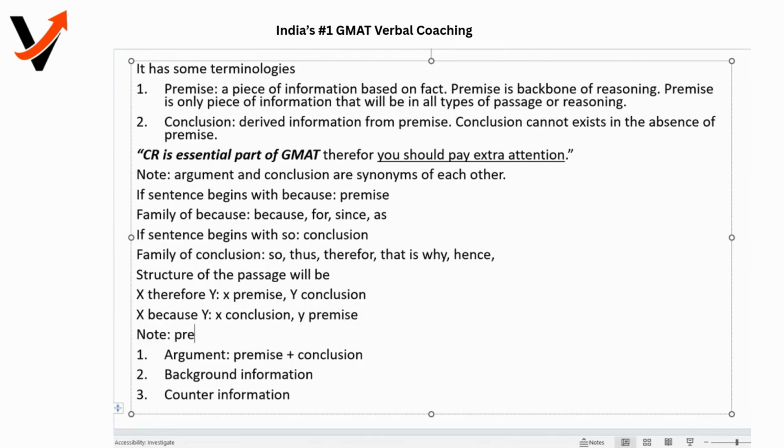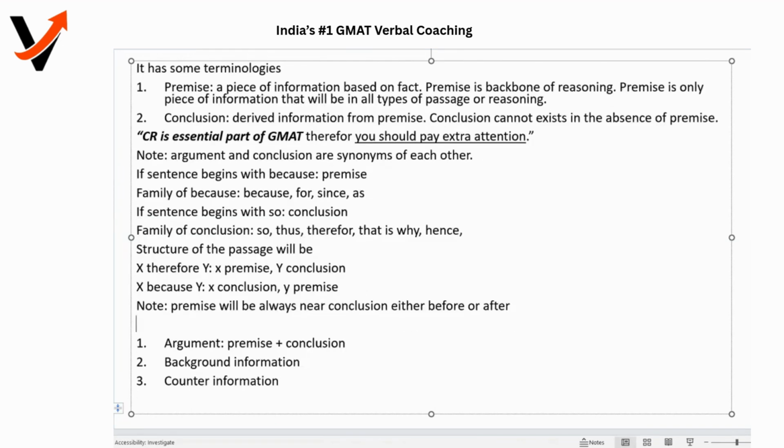Note, premise will always be near conclusion, either before or after. Fine. So this is basic information. Now let us understand